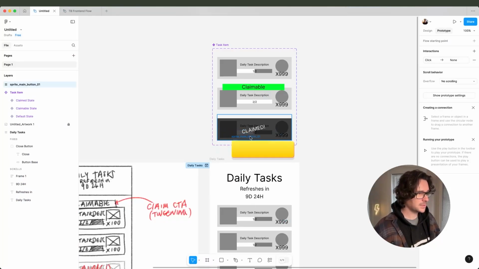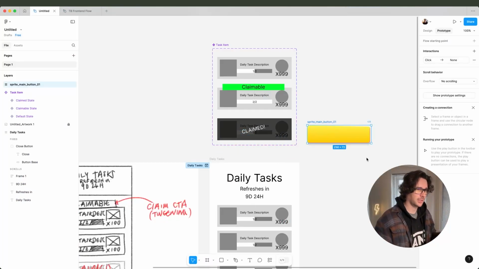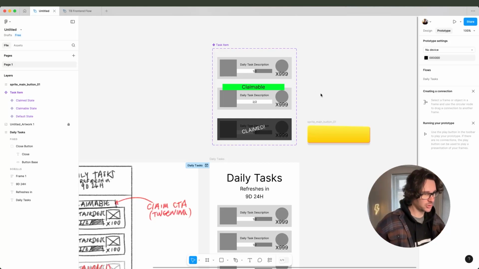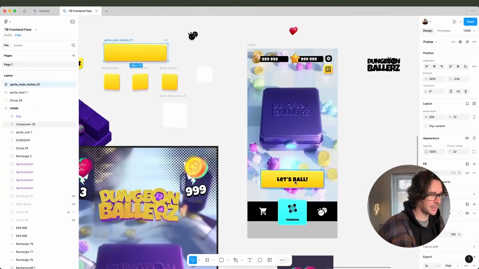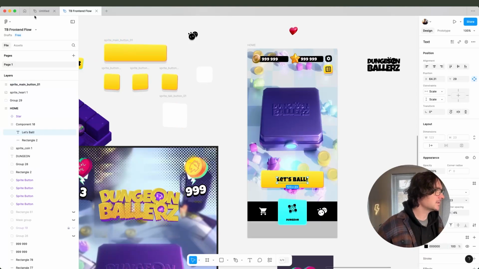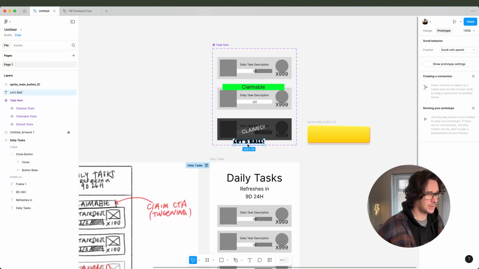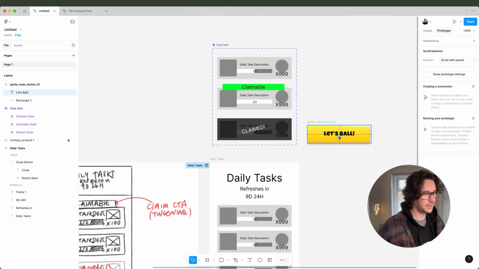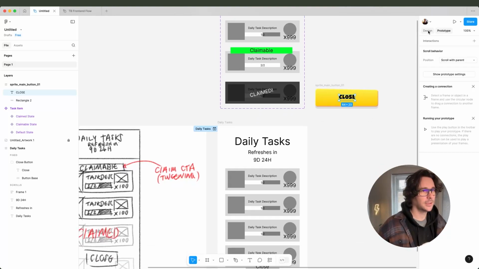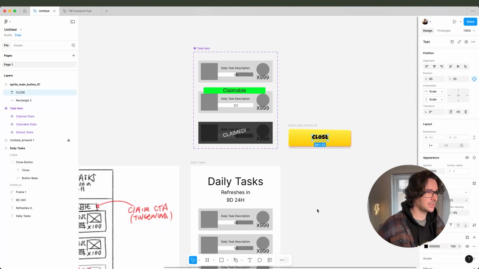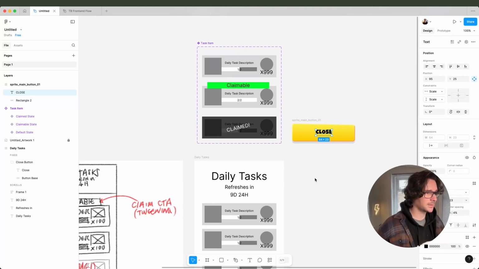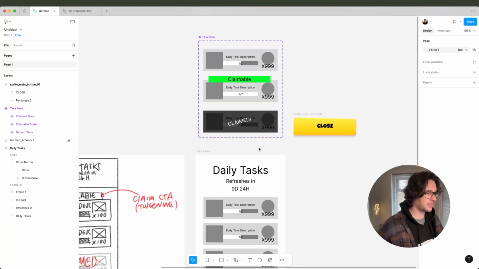Okay, so this is one of the buttons that I created from my previous project here. So Dungeon Ballers, and here's the font for it. Let's Ball. So this would actually become close. Okay. Let's go back over to the design tab and let's start to sort of figure out what we're going